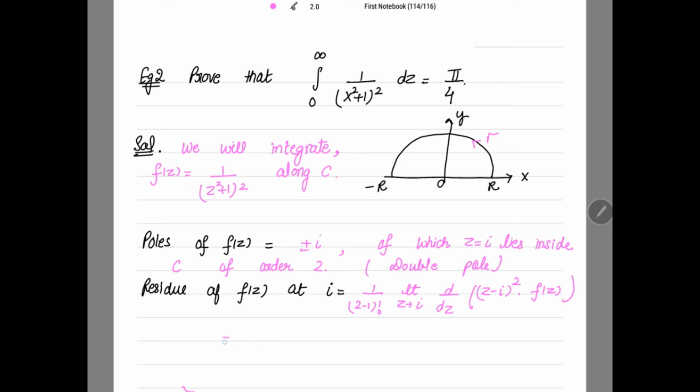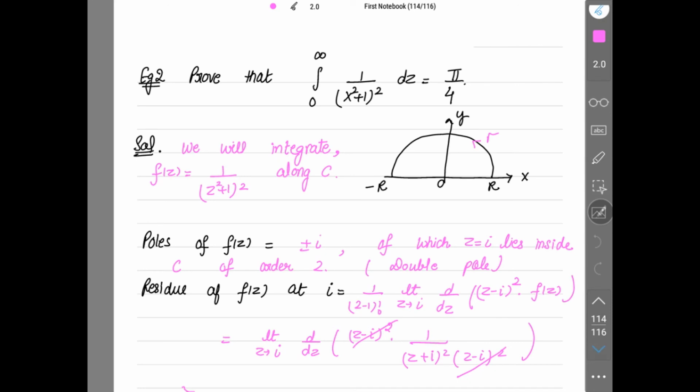So this is equal to, this is 1, limit z tends to i, d by dz of (z−i) whole square. Now this is f(z), 1 over (z²+1) whole square. I am writing in factorized form. This is (z+i) whole square and (z−i) whole square. So this is cancelled with this, and we will be getting